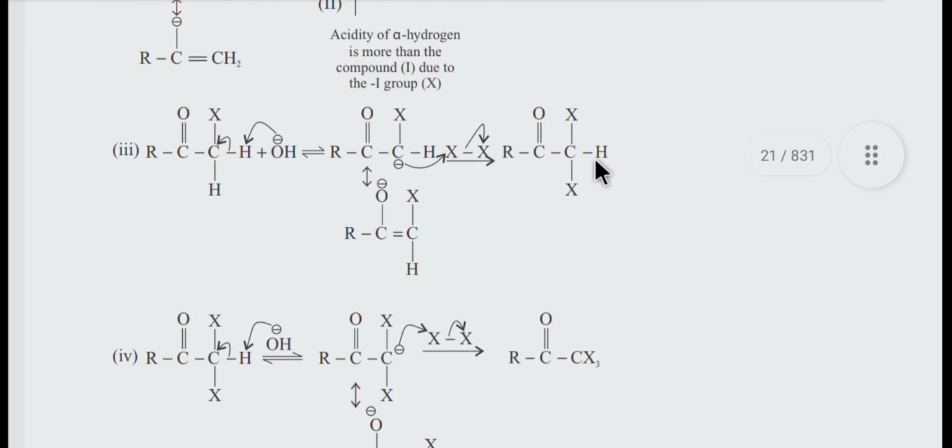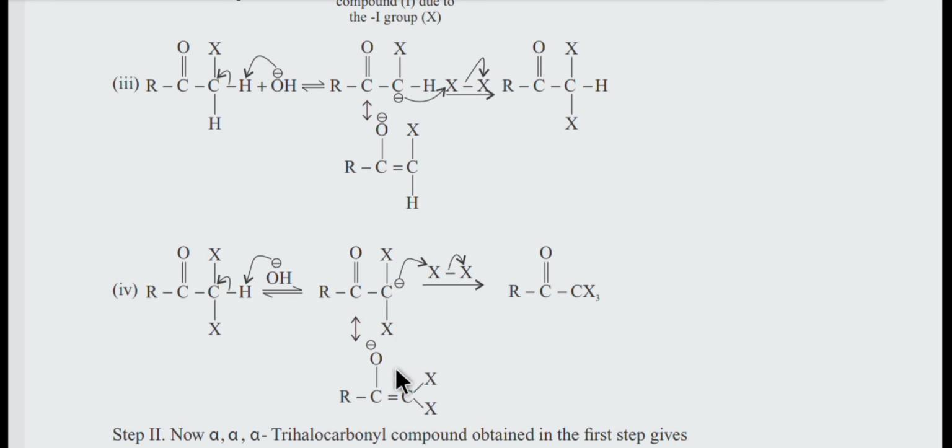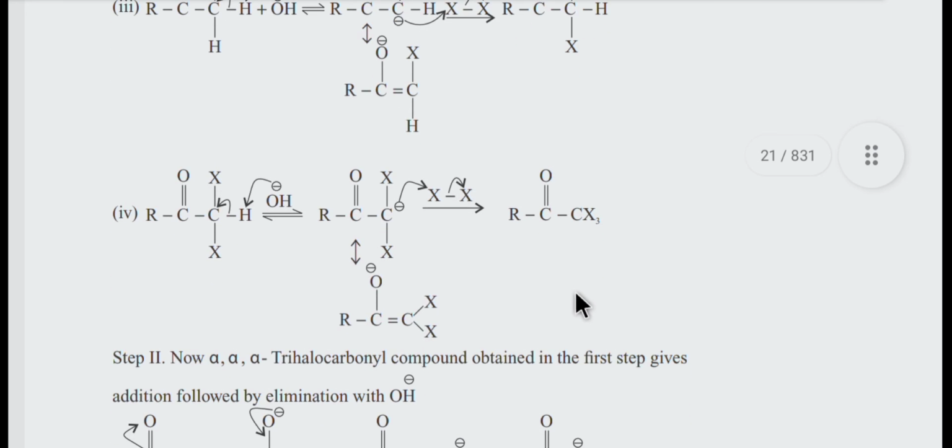Once again the proton that remains will be abstracted by the base. So carbon once again produces a carbanion, and this carbanion will be resonance stabilized with the carbonyl group. So this carbanion can attack on the halide ion. So the RC double bond OCX bond will be produced, that is called alpha, alpha, alpha, because three halogen groups are present, so three halide groups are present in the alpha position, so that will be called alpha,